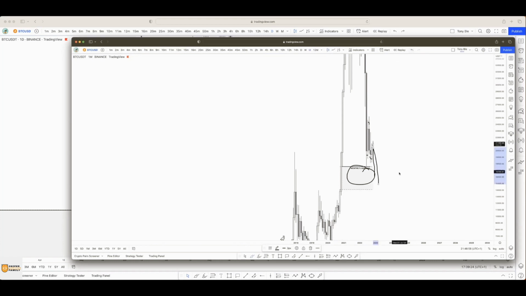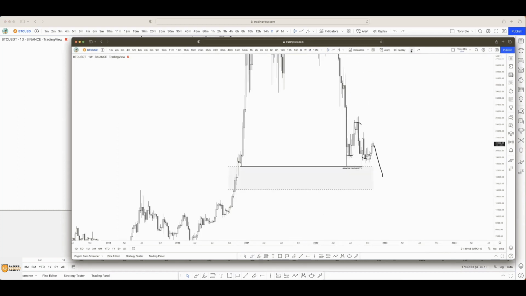So I still see Bitcoin going below 17K, because that is where the imbalance is, right? Yeah. I'm not taking into consideration fundamentals, just based on technical now. I still feel it's going to go down to come into this area here. So now going to the daily time frame,